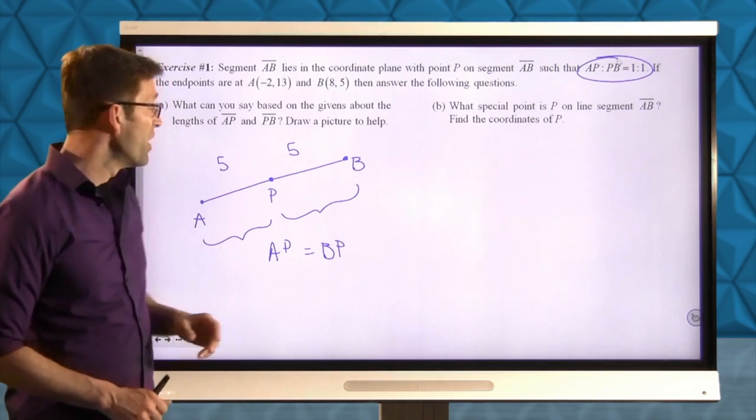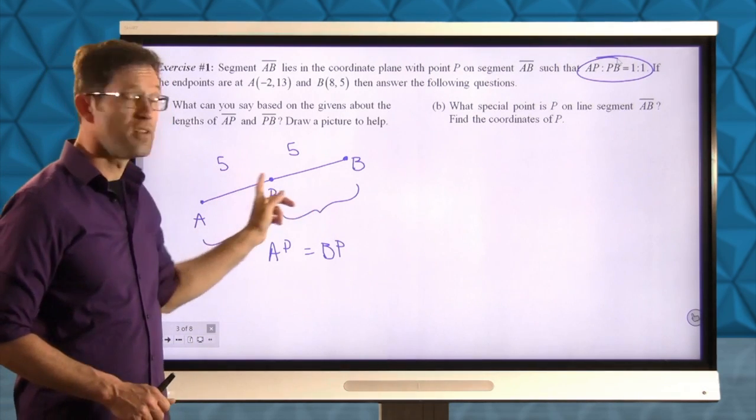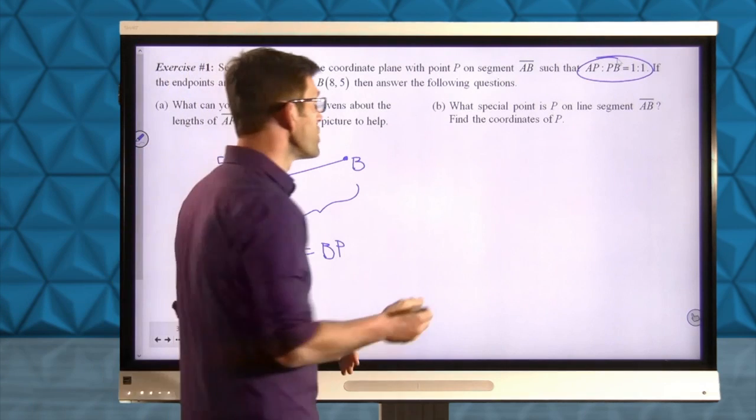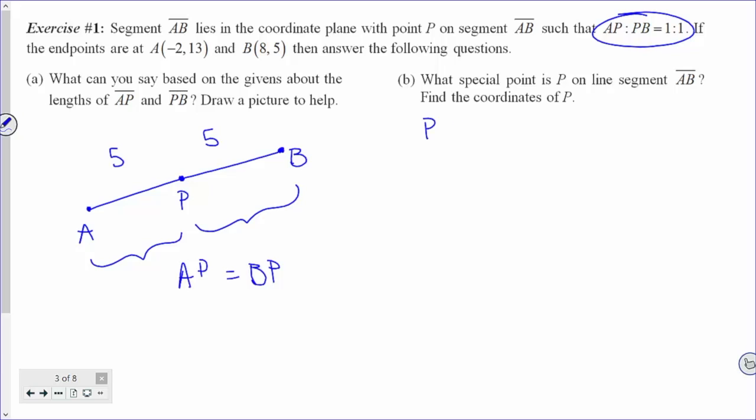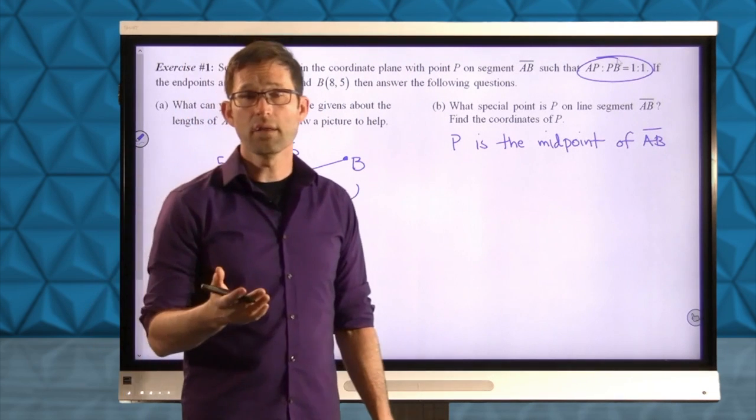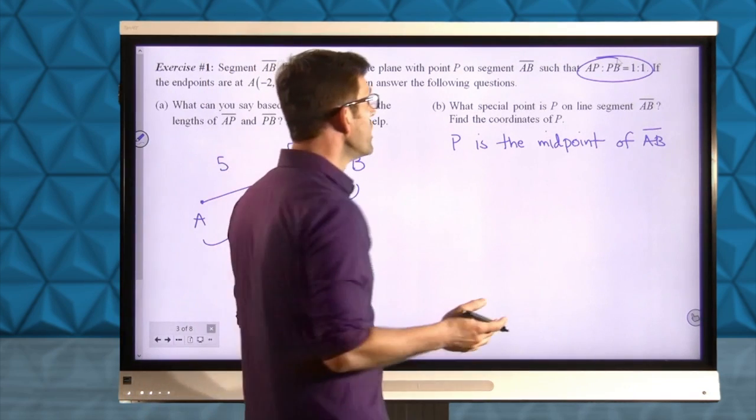All right. Well, if P divides AB into two segments of equal length, then there's only one name for it. P is the midpoint of AB. And of course I can find its coordinates very easily by using the midpoint formula, which would say